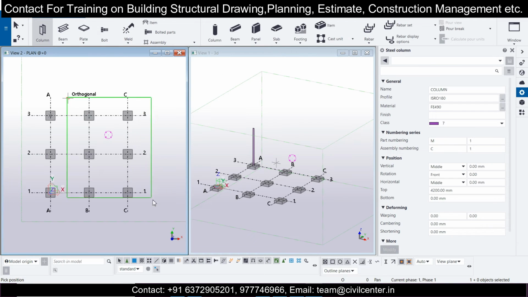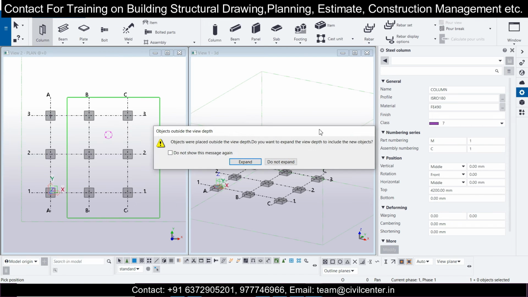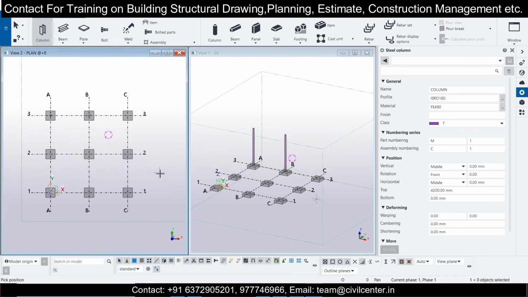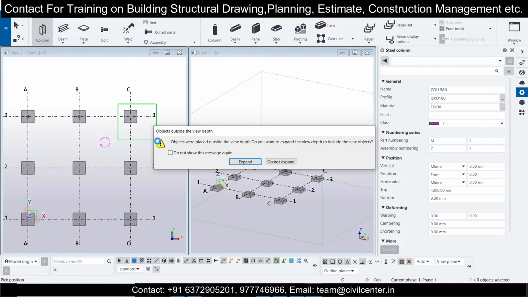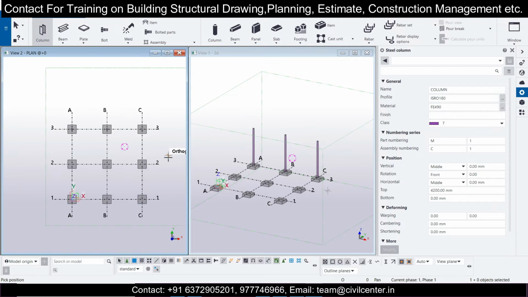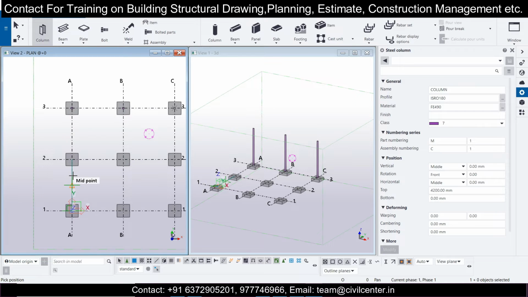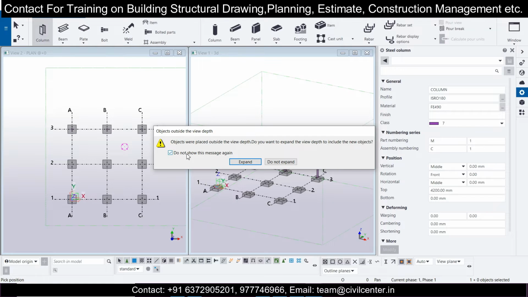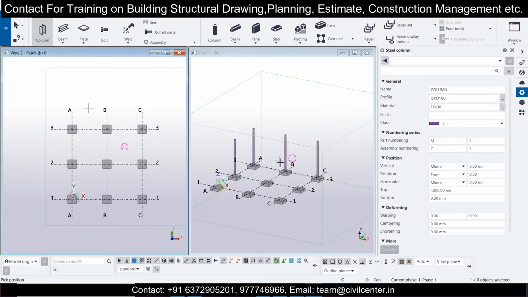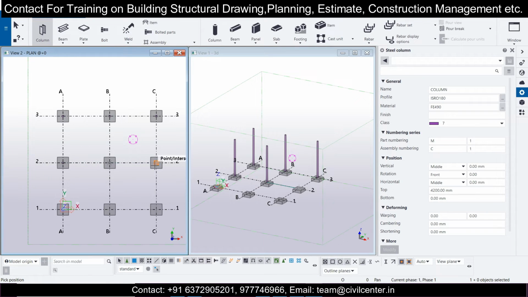Like in Tekla Structural Designer, you cannot use this drag option for multiple columns. We can use it for one single column. So like this we can do, and if you expand the model also, you can do that. So don't show this message again, and do not expand. I will just do this.